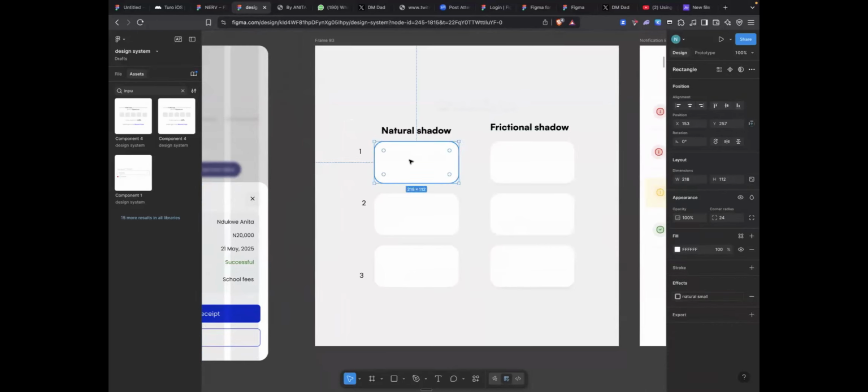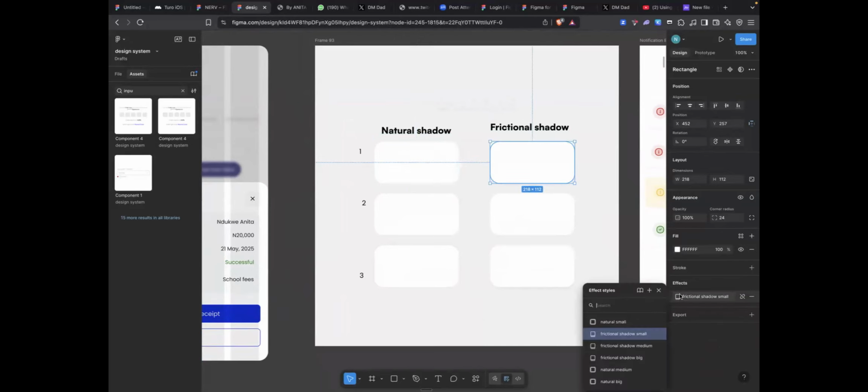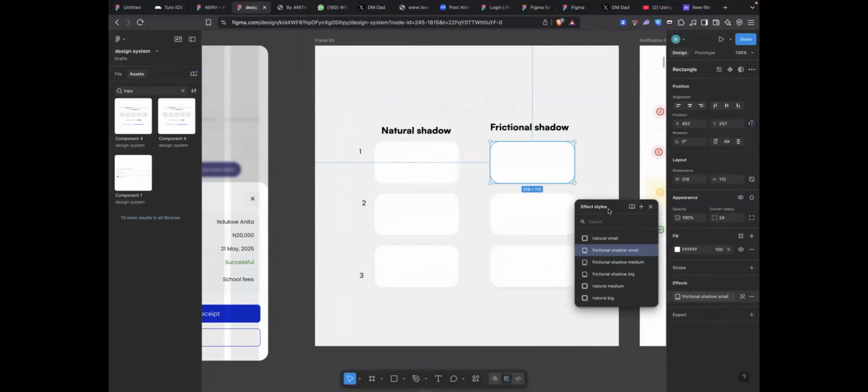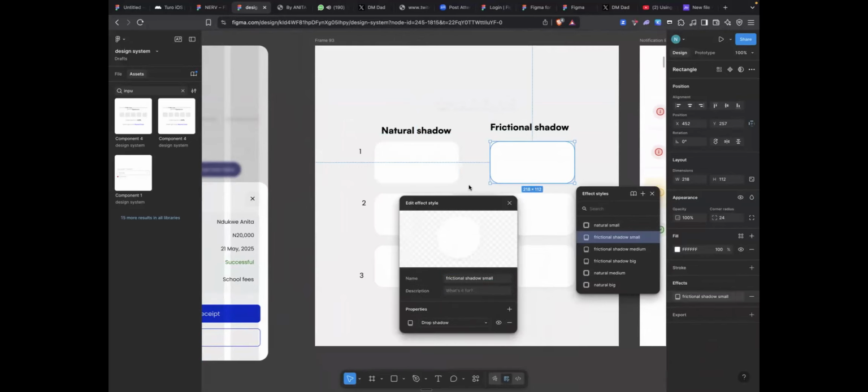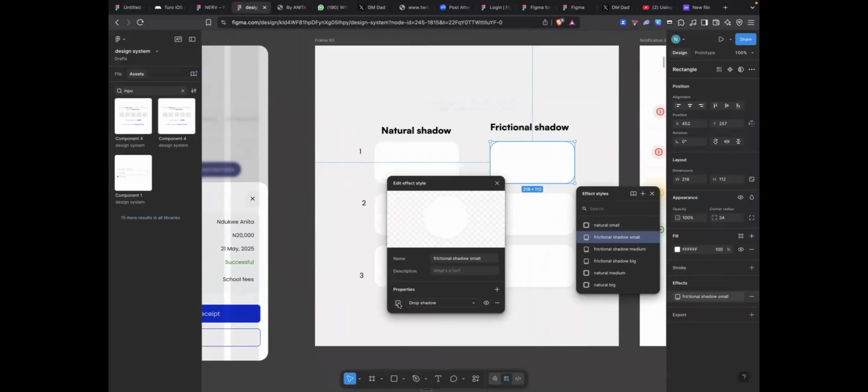Over here is for the shadows. These are the shadows. So I come over here to check the shadows I use. If I like any of the shadows, I go over to where I'm trying to use the product, copy it, go over to the product and paste it over it.